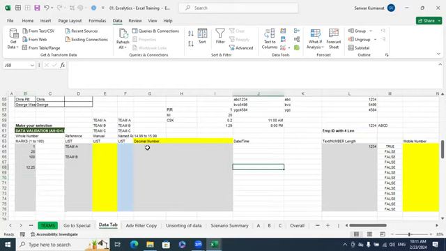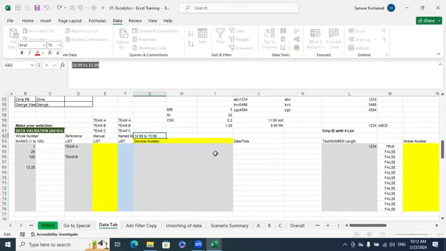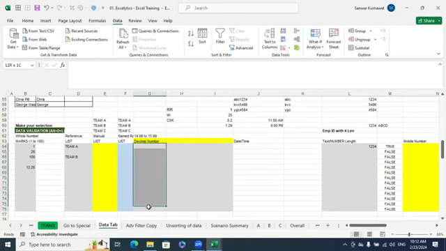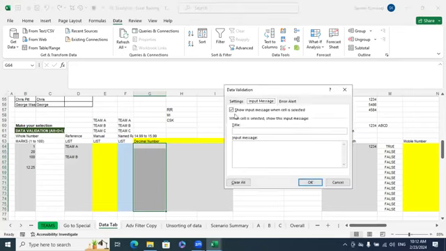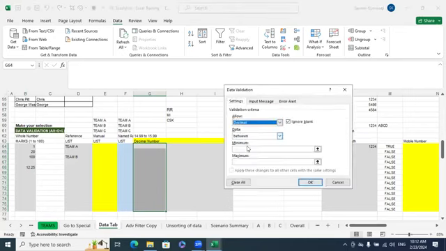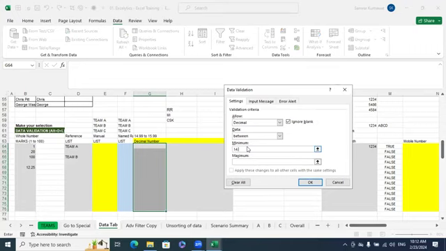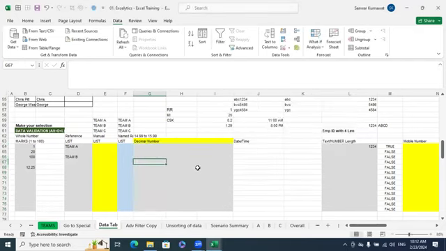Now, decimal numbers. I want to give a range to this. I will select it, all real. I will go with decimal number between should be 14.99, 15.99. Hit OK. I will enter number 14. Will be accepted. Why? If I enter 15,